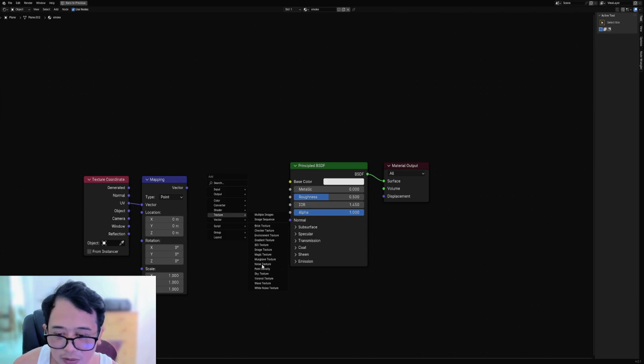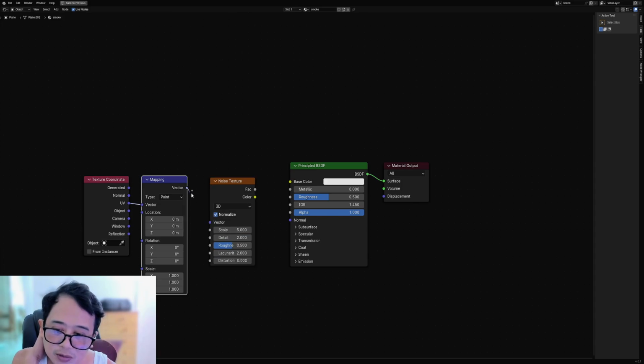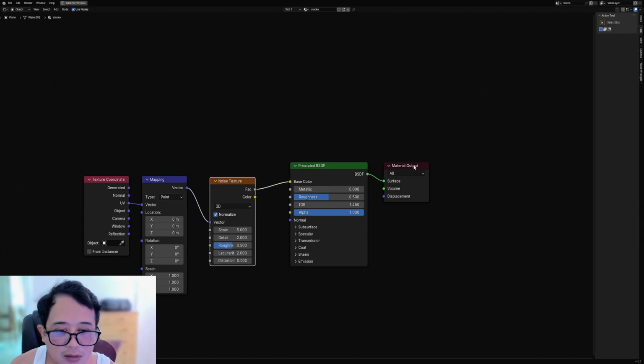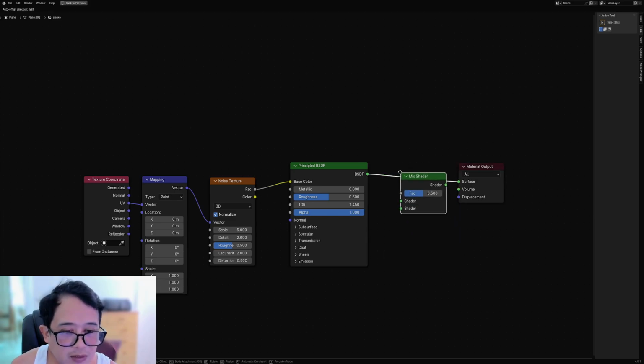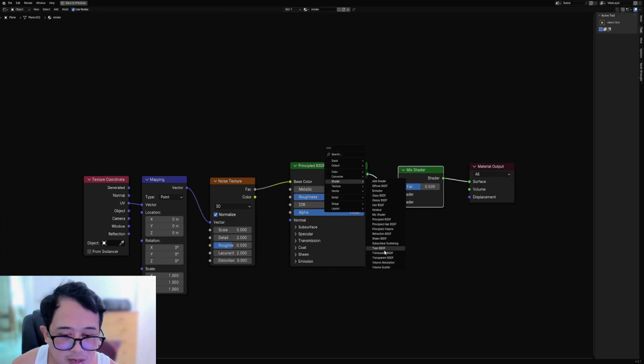Where's noise? Noise. Nice texture. So we UV'd it, so we're going to use UV. Set this factor to base color, and we're going to add another transparent mix or transparency shader,